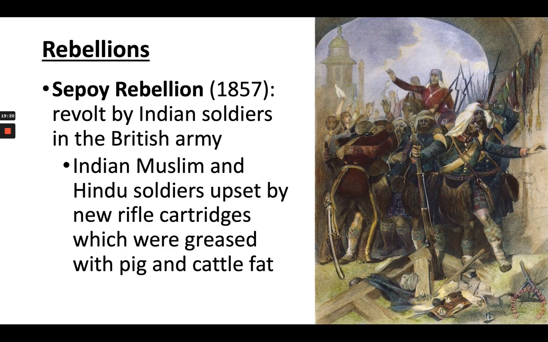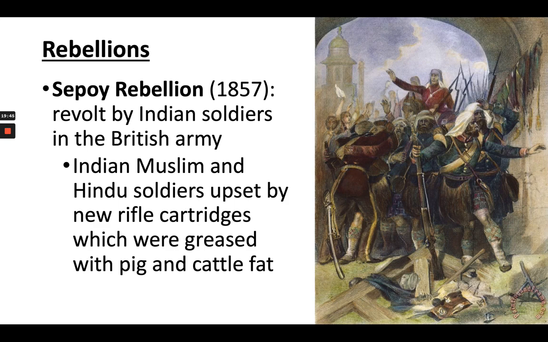I'm clearly an expert. And then you're holding the gun in one hand, you put in the bullet, and then with that same hand, you lift up this greased cartridge and rip it open with your teeth. So then you can put the gunpowder into the gun and fire, right? Well,